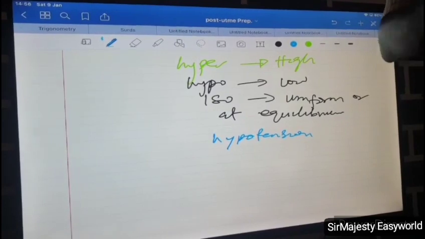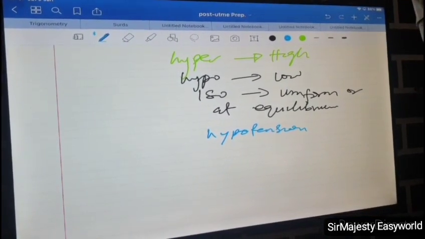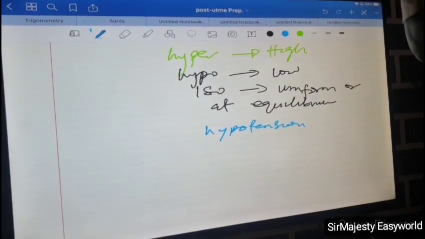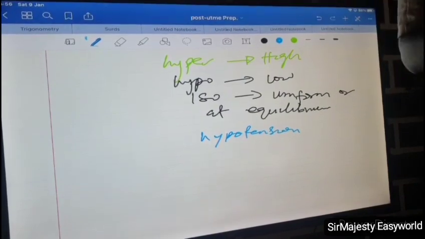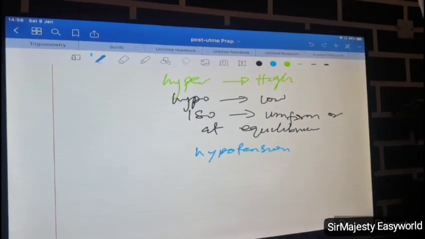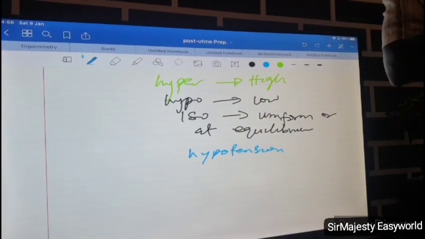Then iso means uniform or at equilibrium or equal, but you must have two things before you use iso. Like they say isotonic, isobaric. Those terms with iso are talking about uniform. So these are the things you need to conquer this